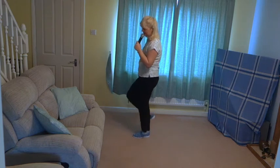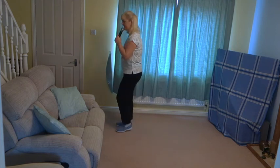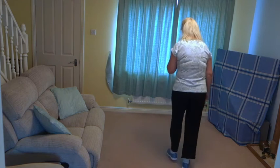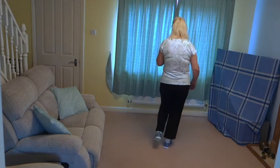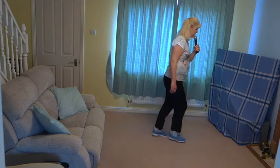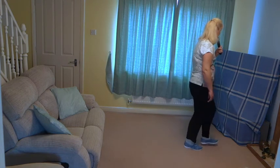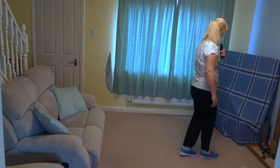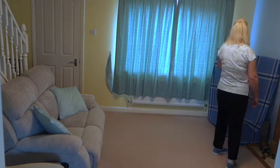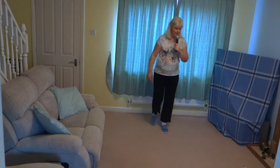Heel, toe, heel, flick, side, behind, side, stomp, heel, toe, heel, flick, side, close, step, side, close, turn, side, close, turn, side, close, turn, coaster, step, ball, scuff, cross, step, lock, step, pivot, cross, side, behind, side, cross, mambo, cross, stomp, heel, toe, heel, flick, side, behind, side, stomp, heel, toe, heel, flick, side, close, step, side, close, turn, side, close, turn, side, close, turn, coaster, step, sugar fizz,